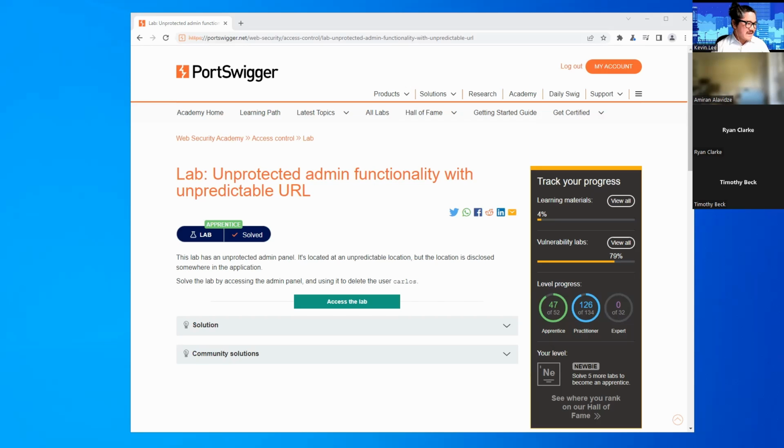So the location of the admin panel is disclosed somewhere in the application. To complete the lab, we're going to use the admin panel to delete the user Carlos. So we start the lab by clicking on the green Access Lab button.